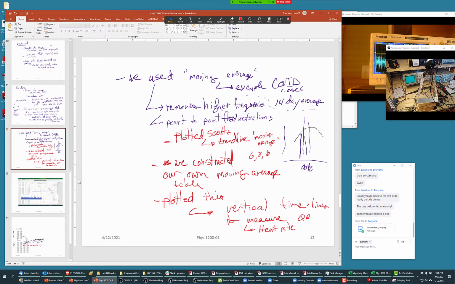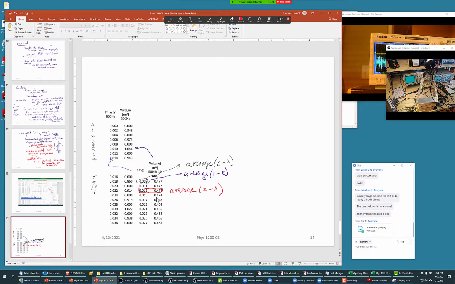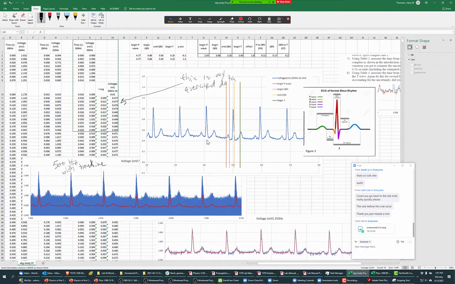Right, that's still procedure. All right, so then you have analysis and results. I don't know if I have in this file the... let's go back. See, at the end here,